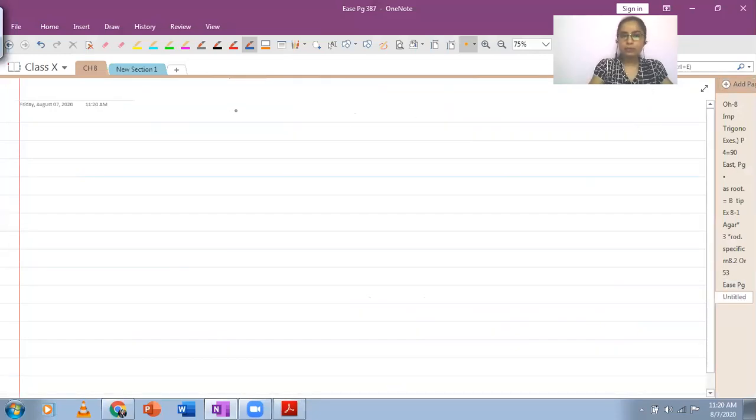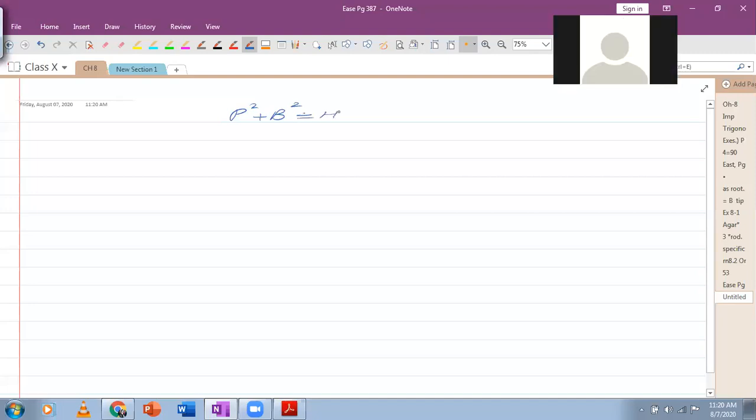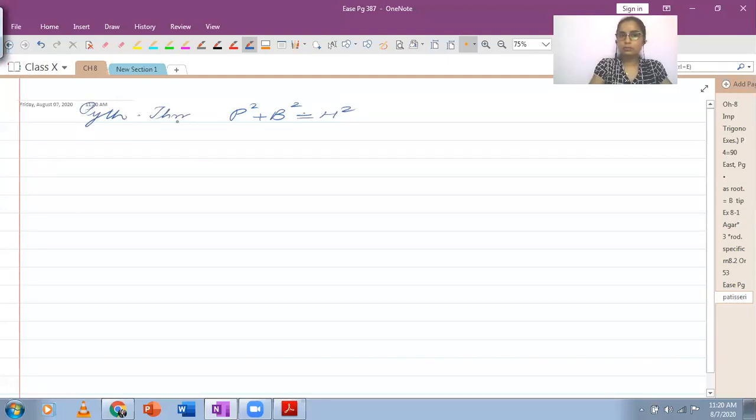So you are all aware of the Pythagoras theorem? Yes, ma'am. So this is the Pythagoras theorem. Because हम trigonometric ratios की बात कर रहे हैं और आपकी trigonometric ratios यूज होती हैं आपके पास एक right triangle में, और हमें right triangle के बारे में क्या पता है कि हम उसमें Pythagoras theorem लगा सकते हैं.